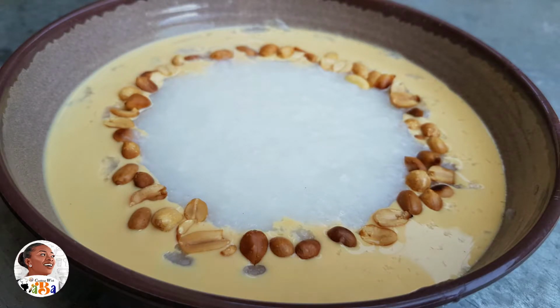You can equally use powdered milk, or any sweetener of your choice, whatever you want to eat it with. You can eat it like that. Yes. So this is one